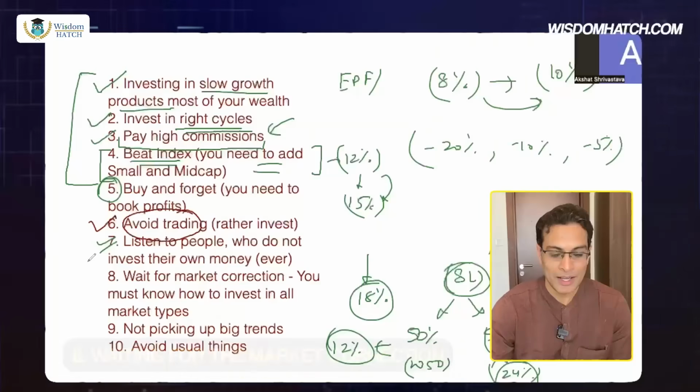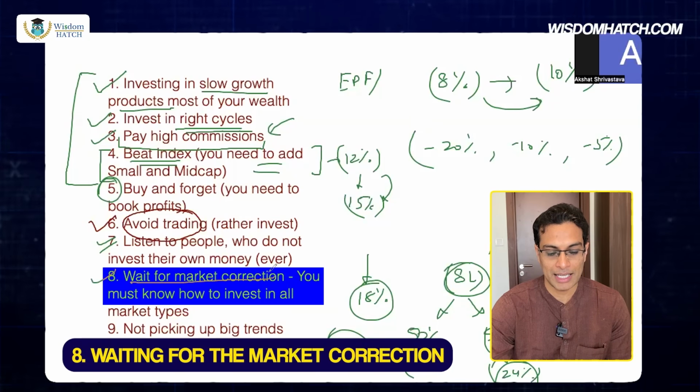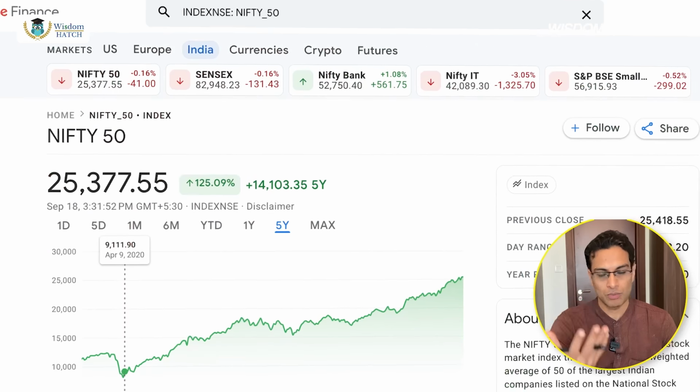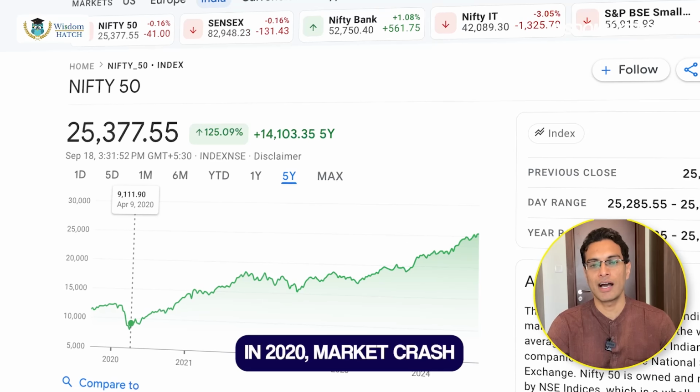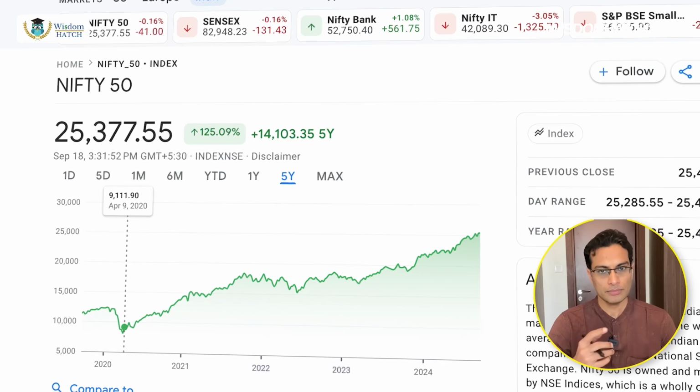And that's what I'll simply say. Moving on, right? Waiting for a market correction. This is what we are witnessing currently. Small story I'll tell you: in 2020, right, when the markets fell from 12,500 to 8,500, then it rebounded